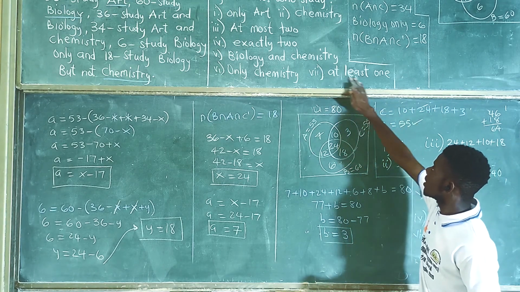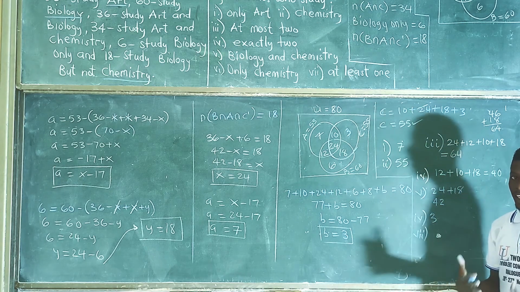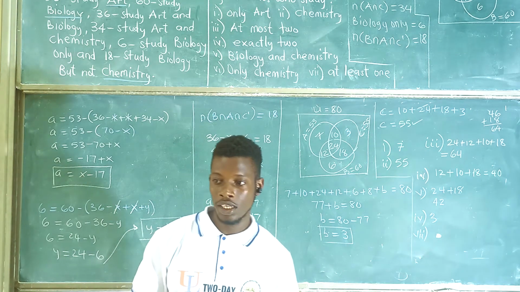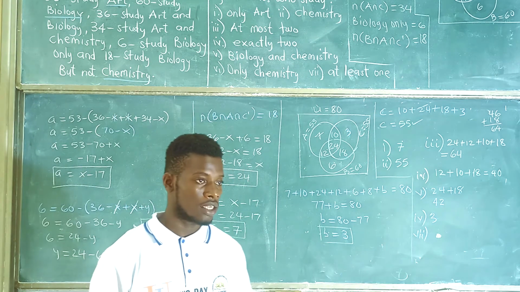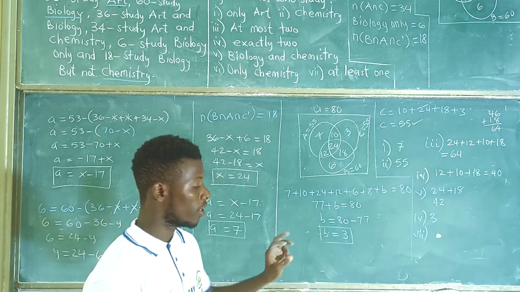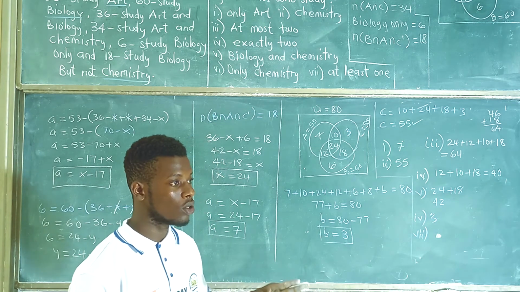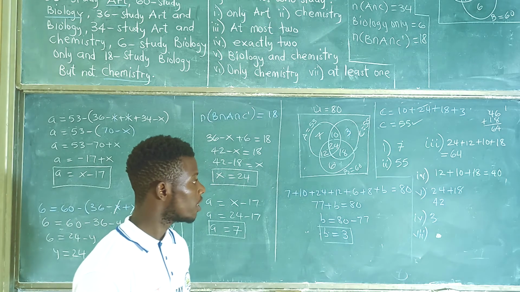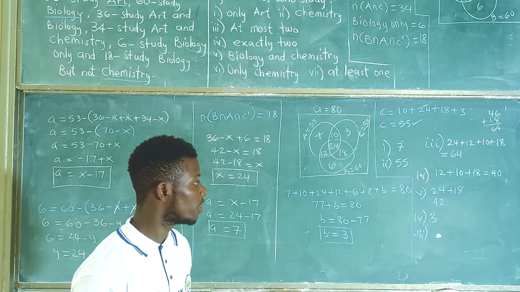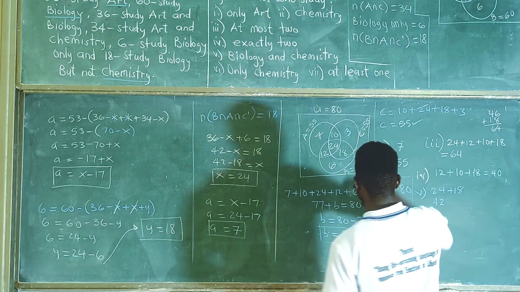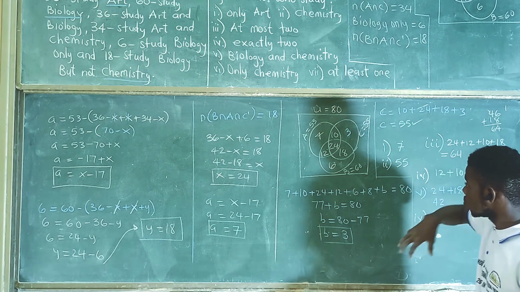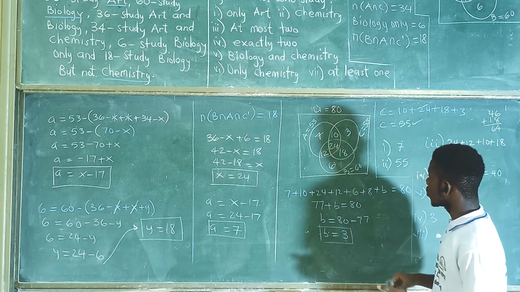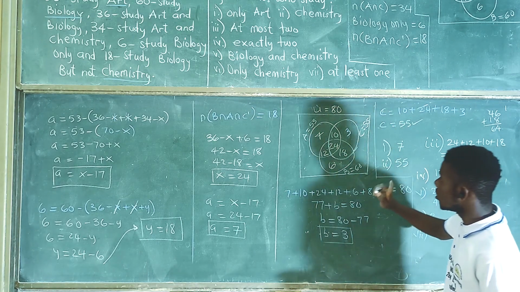How many students study at least 1? Now, at least 1 means from 1 upward. And the highest number of subjects that any student will study in this question is 3 subjects. So, how many students study 1 subject, and also study 2 subjects, and also study 3 subjects? Since every student in the entire school studies at least one of the subjects, what we are going to do is